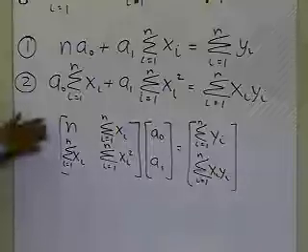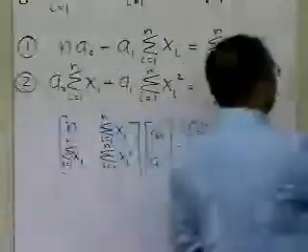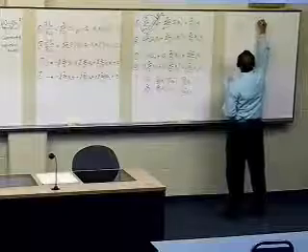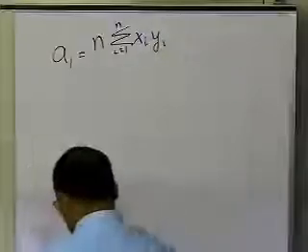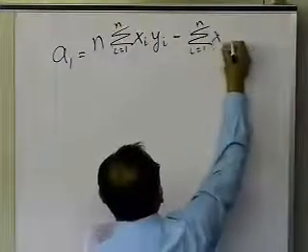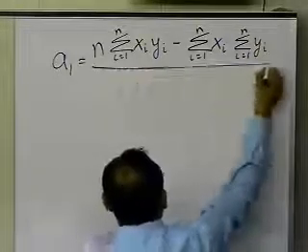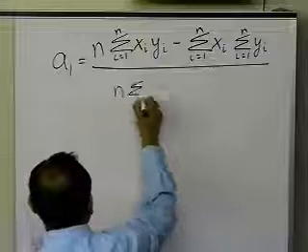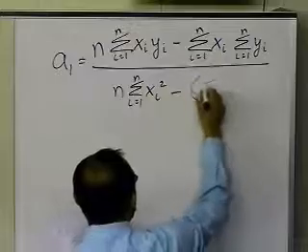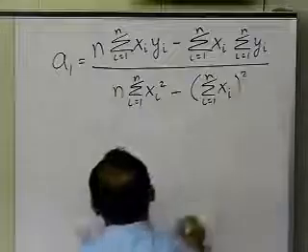Once you solve these two equations, two unknowns, which are written in the matrix form, this is what you're going to get. You're going to get a1 equals n times summation i equals 1 to n of x_i y_i, where n is simply the number of data points that you have, minus summation i equals 1 to n of x_i times summation i equals 1 to n of y_i. And then you divide by n times summation of x_i squared, i equals 1 to n, minus summation of x_i, i equals 1 to n, all squared.